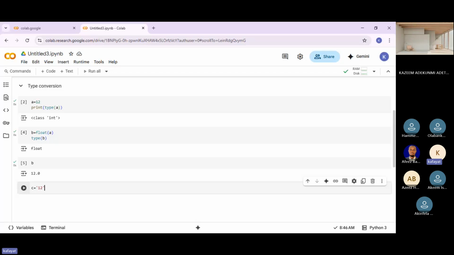Let me change it from 12 to 8. A layman will say this 8 is a number, right?